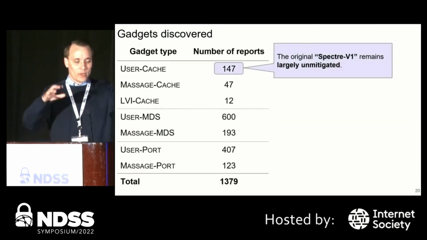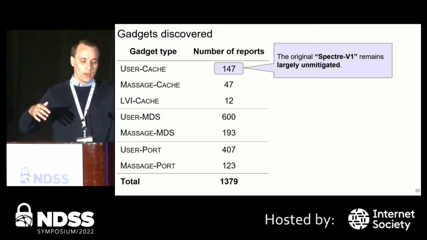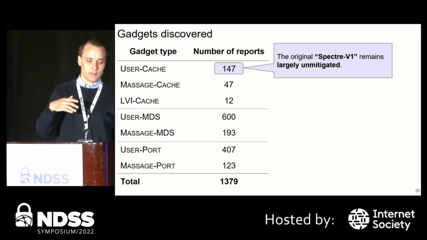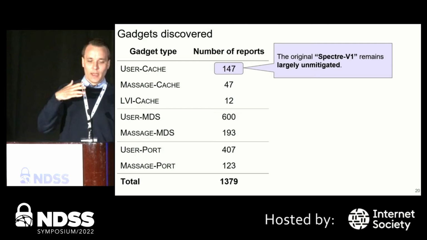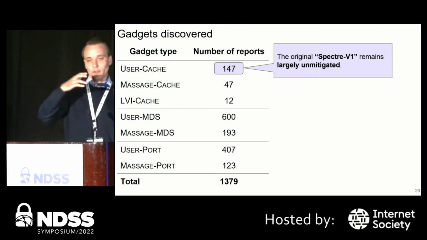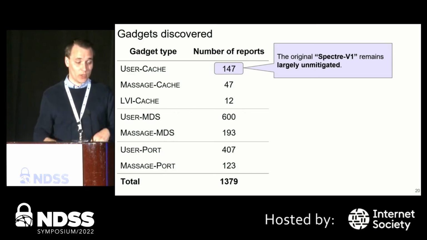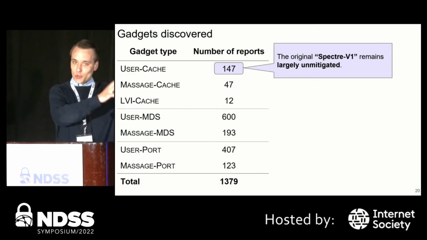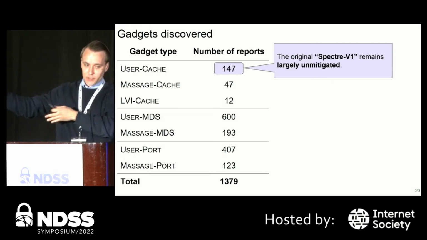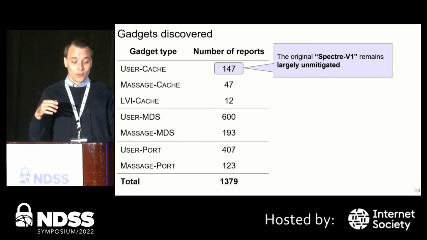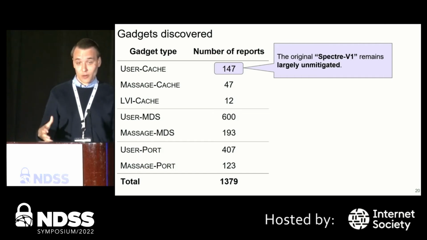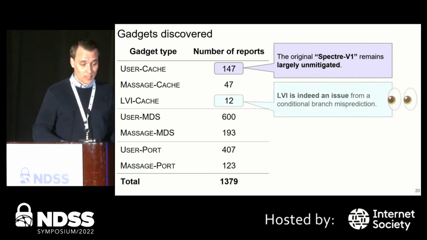So here we have a list of gadget types. The left side is how the attacker data is injected, and the right side is how the secret data leaks. The first row here, we have user cache gadgets. That's the original Spectre v1 gadget. It takes user data and leaks via the cache. And so we can take away here that the original Spectre v1 vulnerability remains largely unmitigated, despite all the hardening